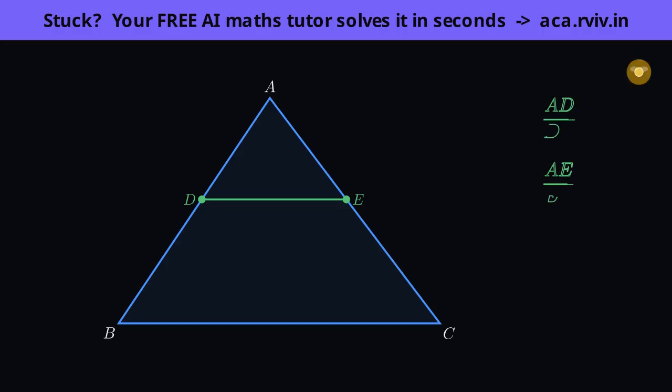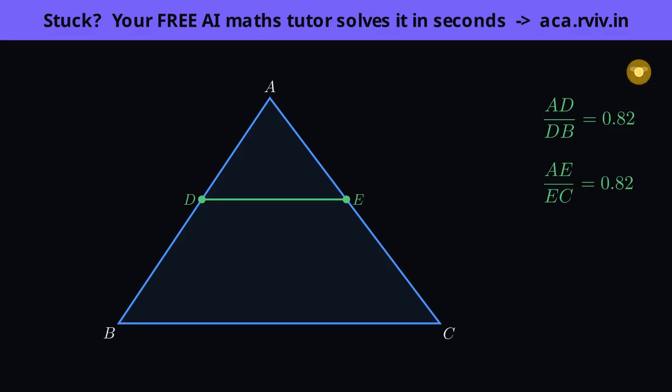Because DE parallel to BC makes the small top triangle ADE the same shape as the whole triangle ABC, same angles, so its sides scale by one common factor. Equal scale on both sides is exactly what makes those 2 ratios agree. Now watch as I slide the parallel line up and down. Each ratio changes, the numbers on the right keep moving, but look, they move in perfect lockstep, always equal to each other no matter where the line sits.